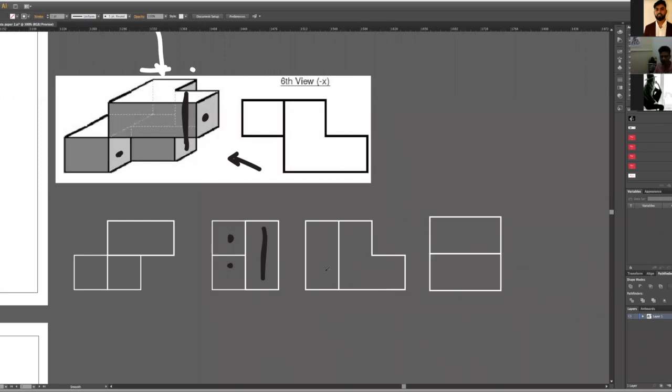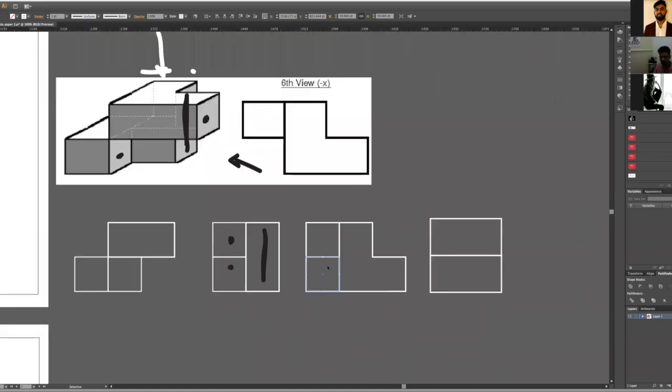This one? Yes. But in the front view we have not calculated 3 cubes. This is 2 cubes, a combination of 2 cubes.